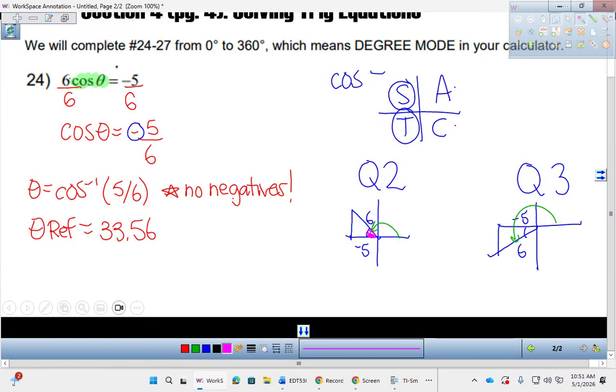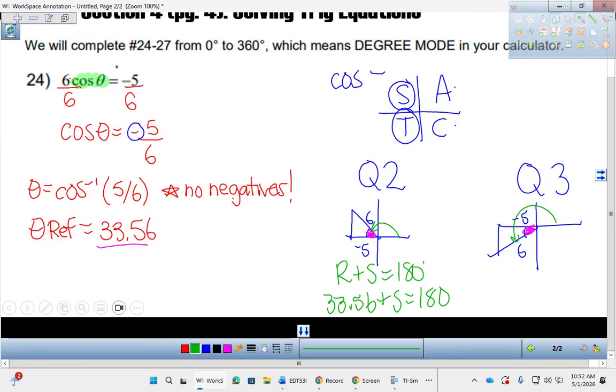This angle right here is the reference angle. This angle right here is 33.56 for both pictures. Now I'm just going to apply the rule. So in quadrant 2, the rule is my reference angle plus my standard angle together make 180 degrees. So if I know that the reference angle is 33.56, I can solve for that standard angle